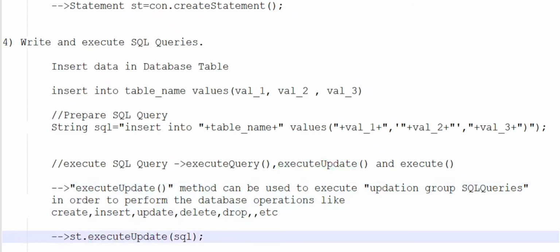So in our code we will write st.executeUpdate of our SQL.